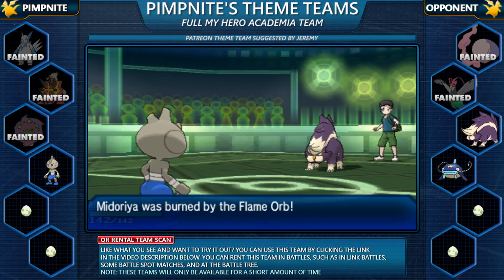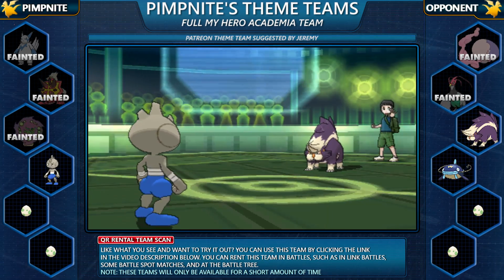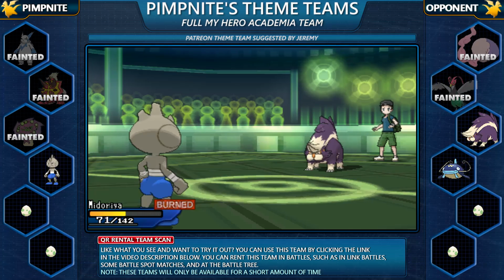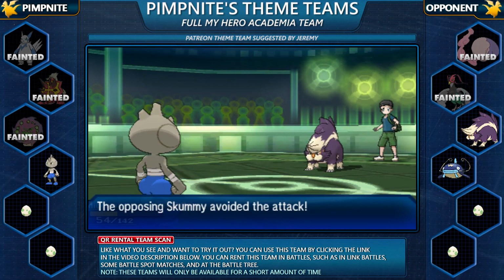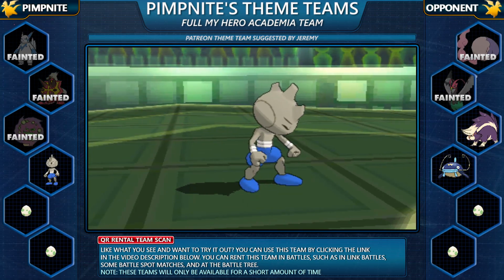Now I thought, well, I could go for a Bulk Up, or I could go for a High Jump Kick. Decided to go for the High Jump Kick. The Skunk Tank is going to go for the Flamethrower here. Now, since I'd maxed health, I knew I'd probably just live that one, which I do. High Jump Kick misses. Oh, and I'm going to KO myself, which is quite funny, because the character in the